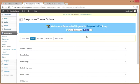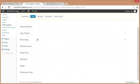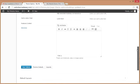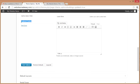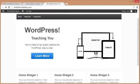Well, we go back to our theme options. Under homepage, we go down to the bottom here and we left something out, which was featured content. And featured content is essentially this image here, and we can replace that with text, another image, or a video. We're going to try and replace it with another image that I